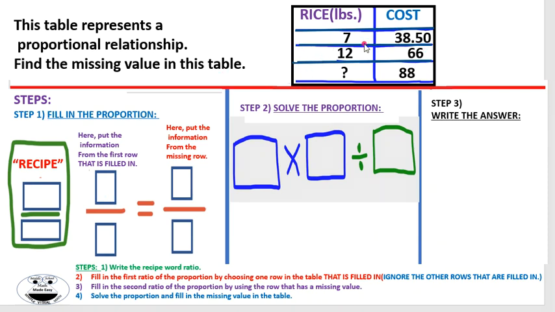there is extra information. We only need to use 2 rows in the table. Here they gave us 3 rows, so there is extra information. Sometimes they give you 4 or 5 rows, more rows. So we need to only focus on 2 rows, and I'm going to show you that if I pick 2 different rows that I did not pick in the other video, I will still get the same answer as long as I follow this recipe idea and put the 2 numbers, or the variable and the number, together in the correct ratio. So this is a continuation of the previous video,